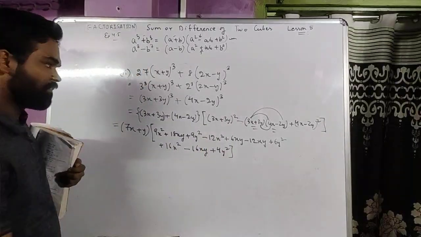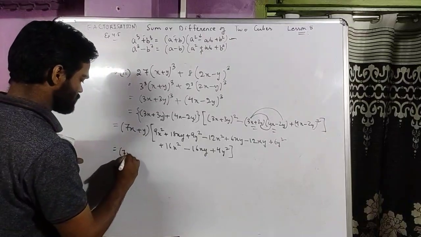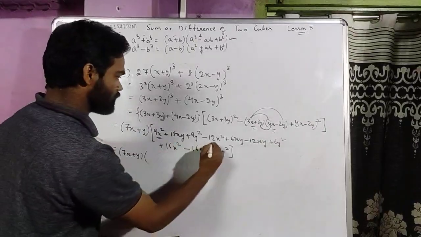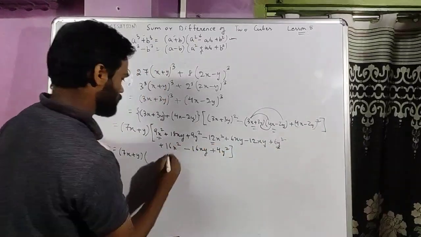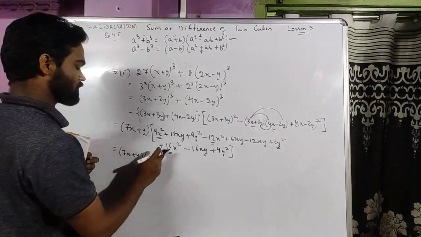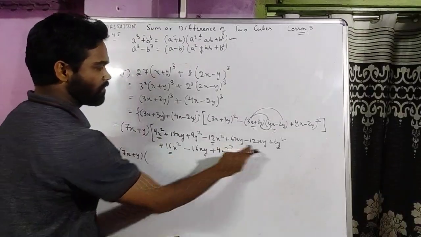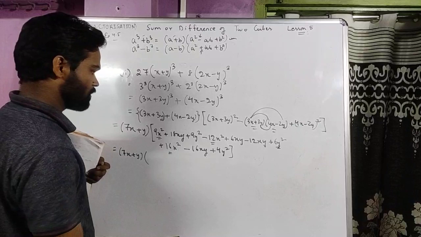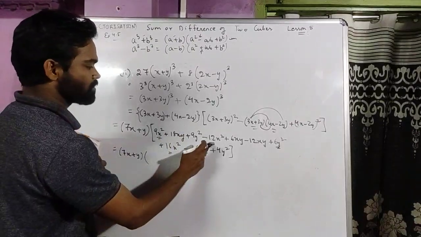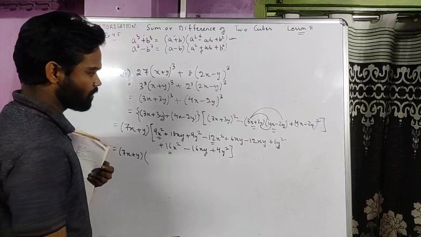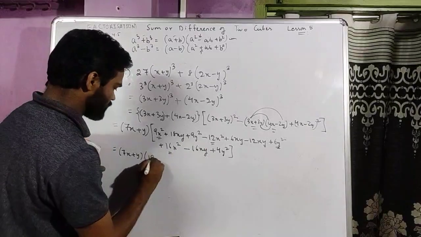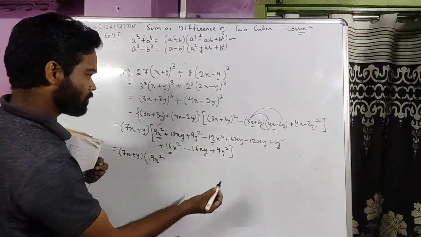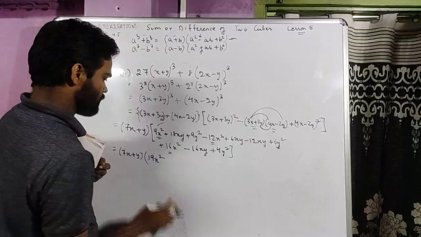Now we'll simplify this further. So this is 7x plus y, and if you look carefully, these are like terms. Yeah, these are like terms. So 16 plus 9 is 25, 25 plus 6 is 31, 31x square, minus 12, so 19, so it becomes 19x square, done. Now y square, if you look, sorry, this was y square, wait,